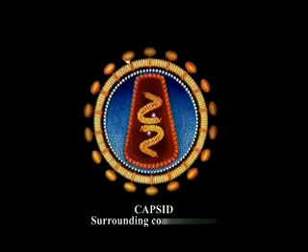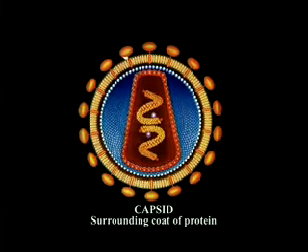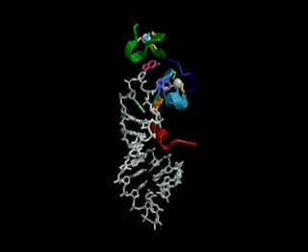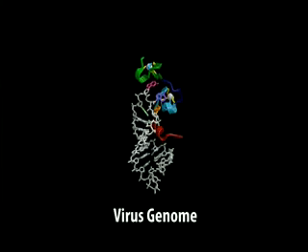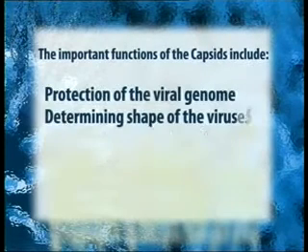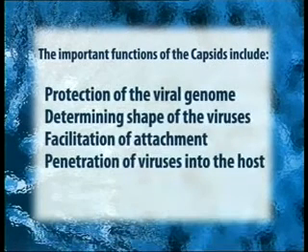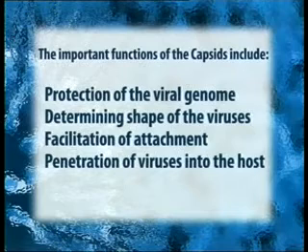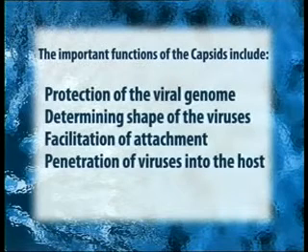Capsid is a coat of protein surrounding the genome, which is composed of capsomers, the protein subunits, the number of which, as I told earlier also, is species specific and an important taxonomic criterion. The important functions that this capsid performs in viruses include: number 1, protection of the viral genome; second, determining their shapes and sizes, their configuration; and then also the facilitation of attachment and penetration of viruses into